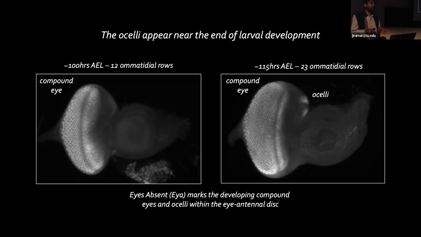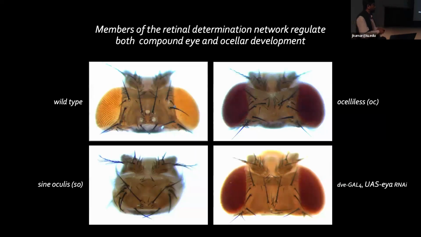So what I'm going to do is show you a slide next that has a number of different mutants on it, just to orient you with what we're going to look at through much of the talk. So you've seen this wild-type image on the top left, where here are the 3 ocelli. In 1926, Tom Patterson had identified a mutant that he called ocelliless because it eliminated the ocelli and these little bristles that were found in between.